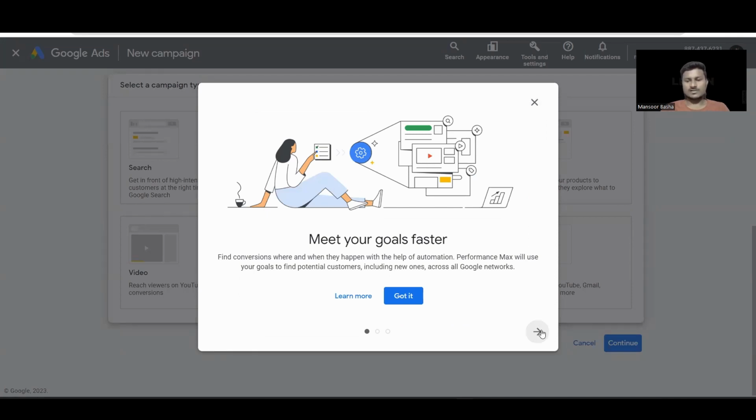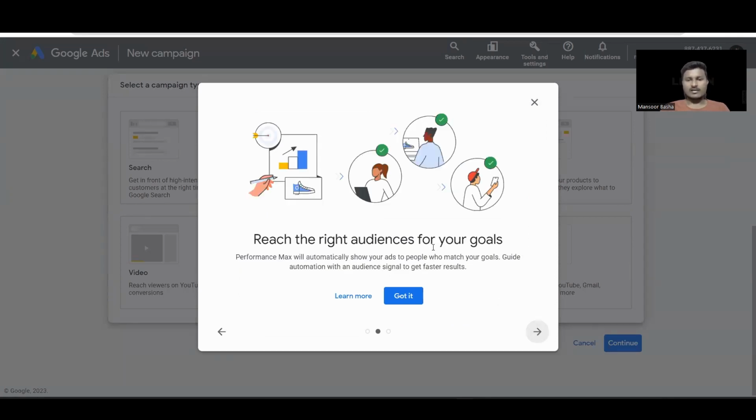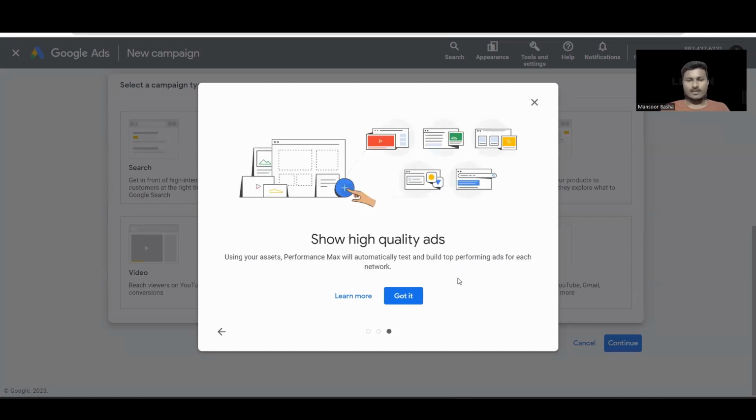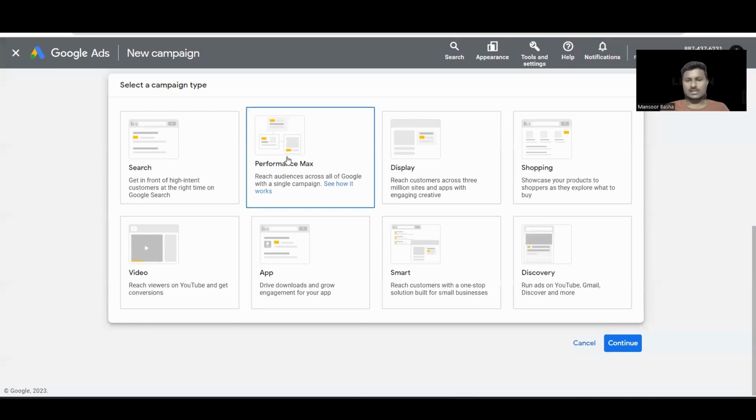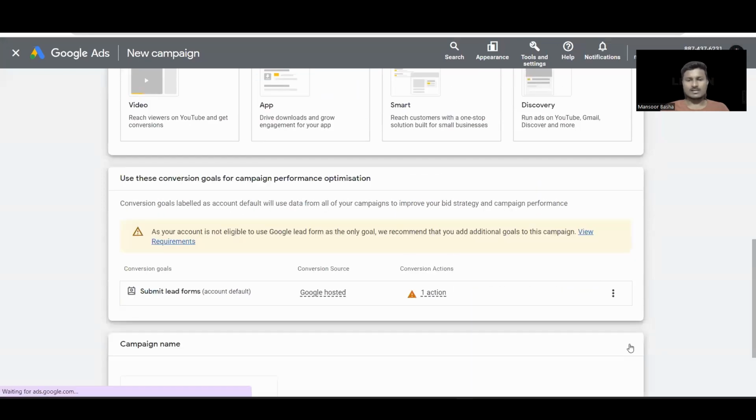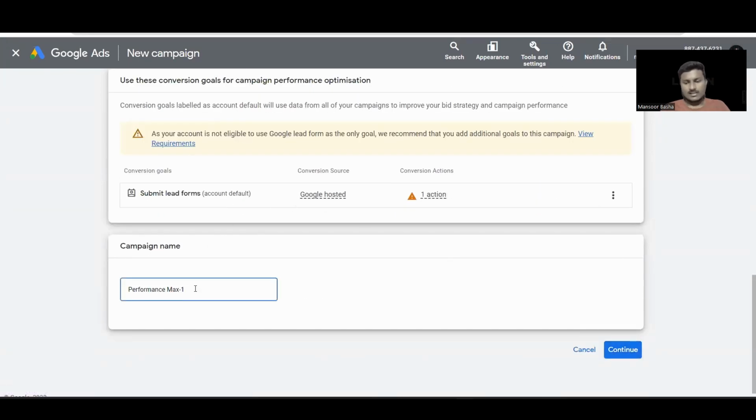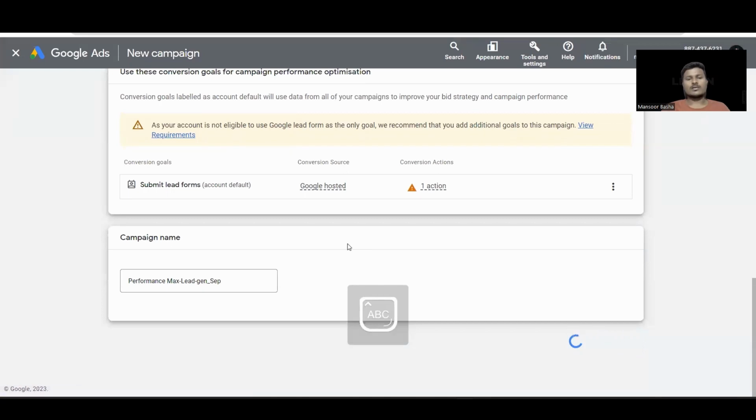Meet your goals faster and reach the right audience for your goals. And next we have show high quality ads. Okay, so let's create Performance Max campaign. Click on continue, and let's name it Performance Max lead gen. Click on continue,